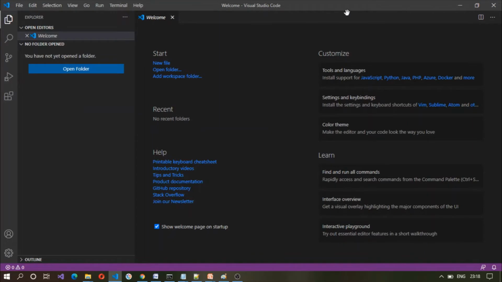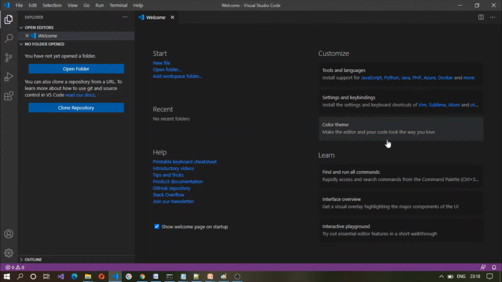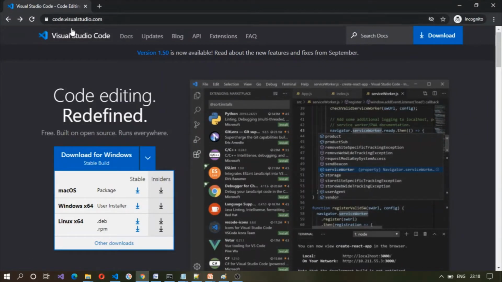Once you open up Visual Studio Code, this is how it is going to look. You can download Visual Studio Code by going to code.visualstudio.com. Since I'm using Windows, I downloaded the Windows version, that is the user installer stable version for x64.